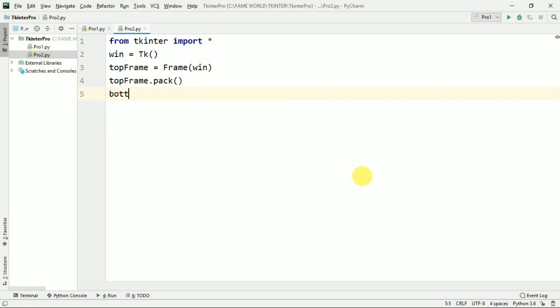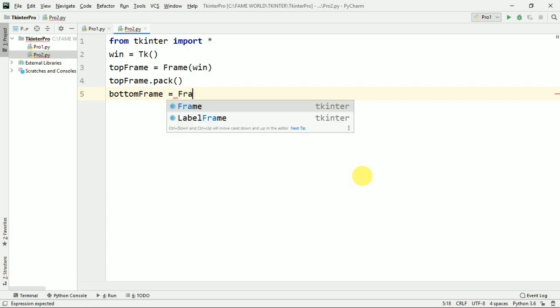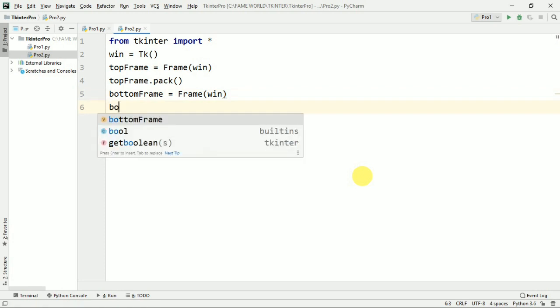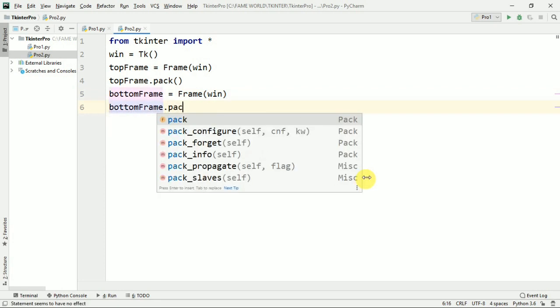Now I'm going to create one more frame and I have named it bottom frame, and I'm passing it the window. By the name it will not come by default at the bottom. We have to do something to make it appear in the bottom space.